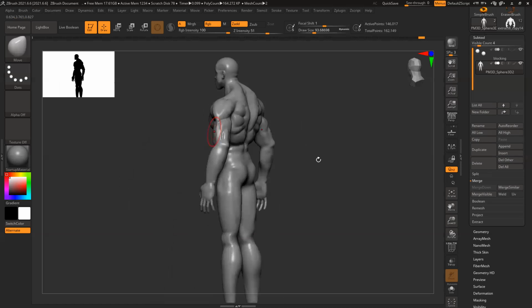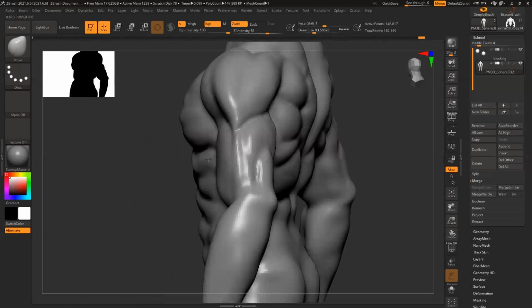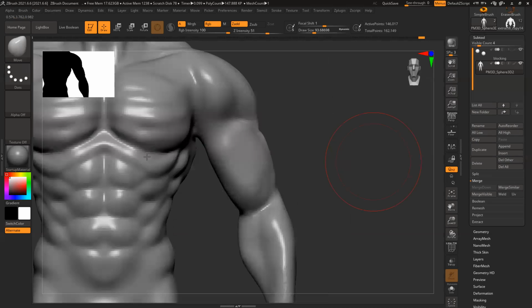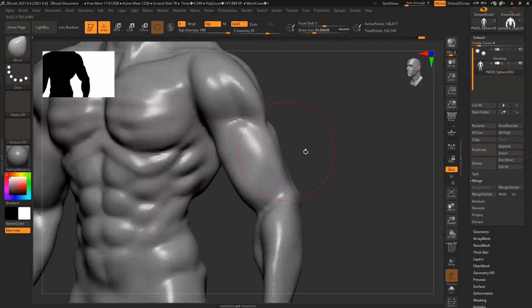So you can see this point looks way too prominent. That means I have to fix it and make it smooth, soft.